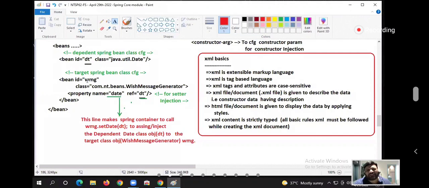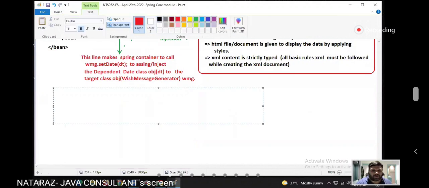WMG is the bean ID. Anything I can take. Generally, the shortcut of the class name will be taken as the bean ID. Date DT. Wish message generator WMG. I will give some more points, you will get more clarity.